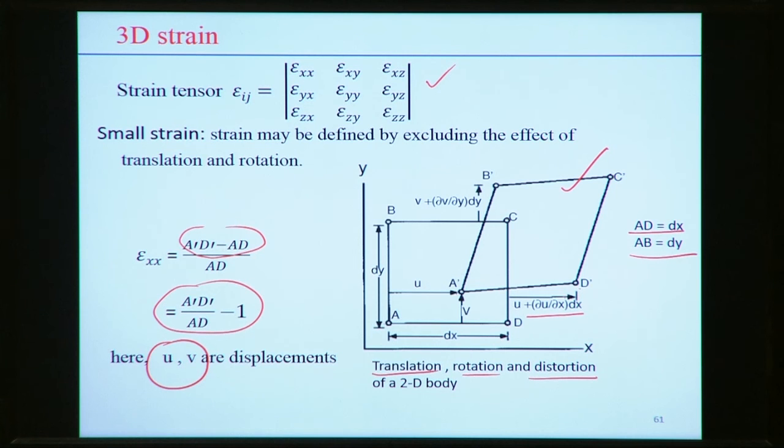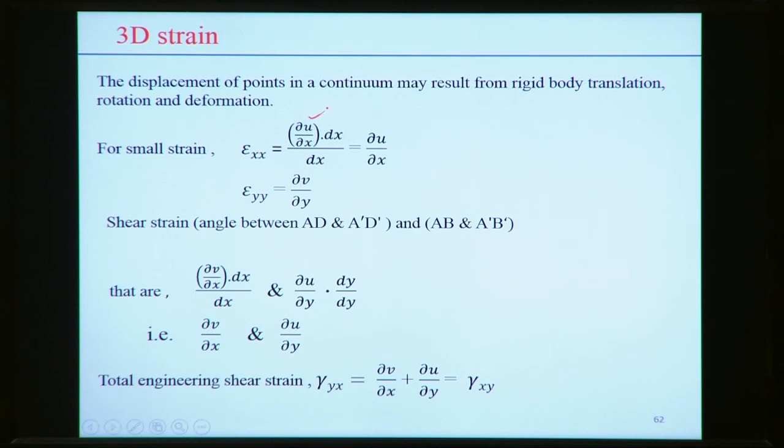This is the final, and what was the initial was the A. So corresponding to that, that is the difference with respect to the initial length. So dou u by dou x actually represents the strain here. Similarly, epsilon y, that means y direction, the normal strain can be defined dou v by dou y. So this represents the partial derivatives of displacement v with respect to x or y.